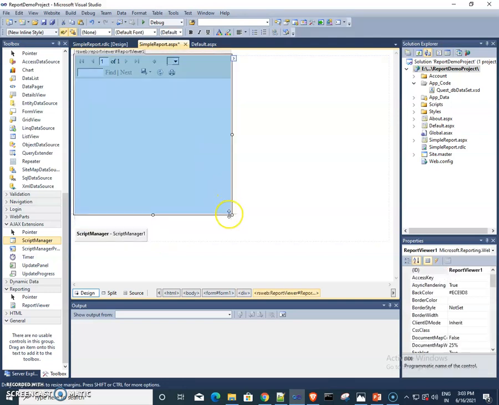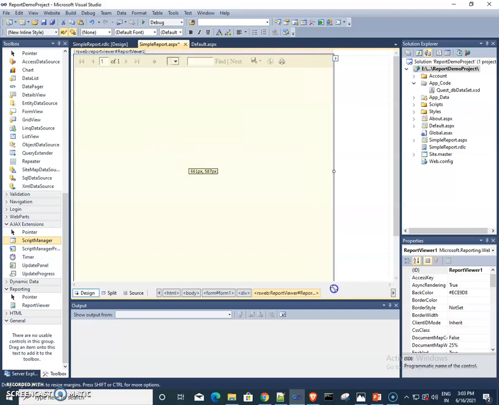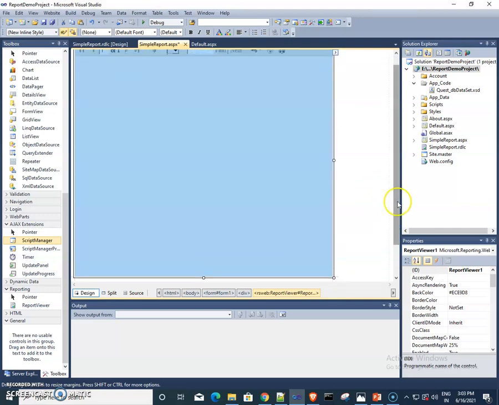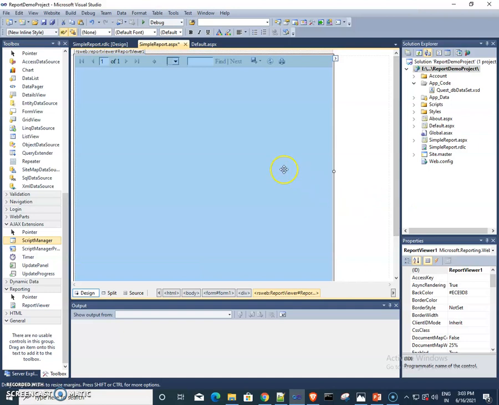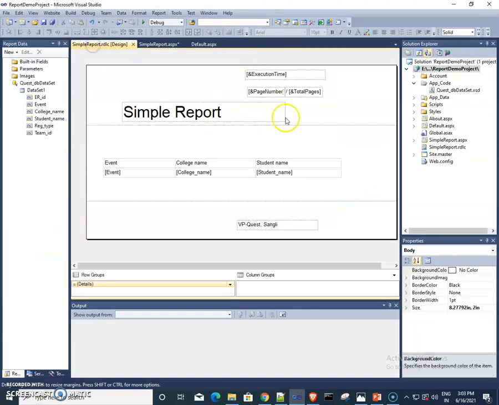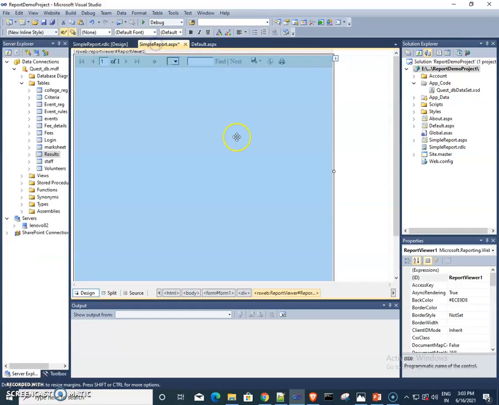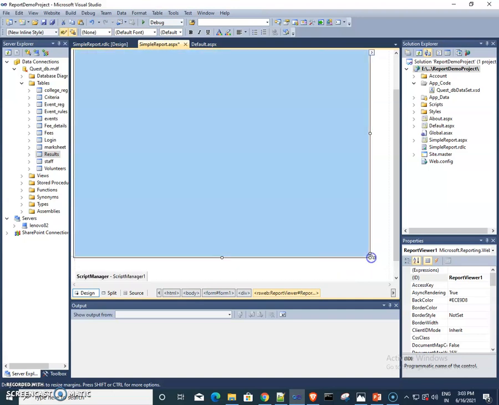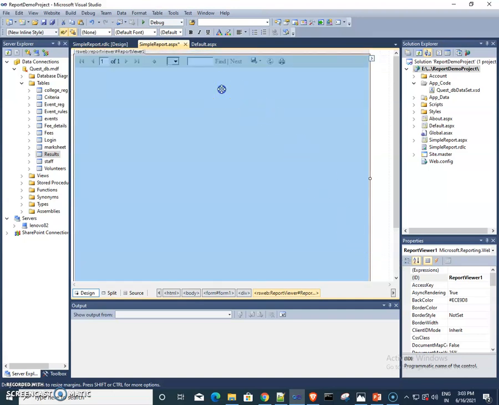Now this is report viewer control, means this is the container for our report. Inside this container we can display our report, which is ready. This is our report, and we display this report inside this report viewer control. For each report viewer control, there are some built-in features like page number.